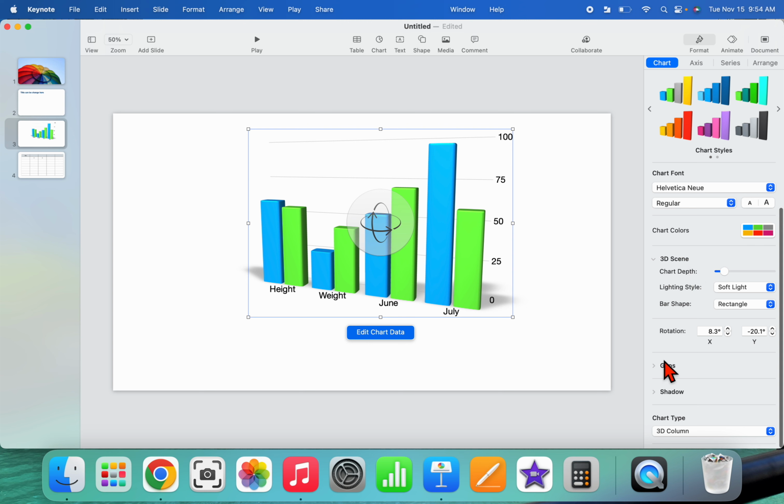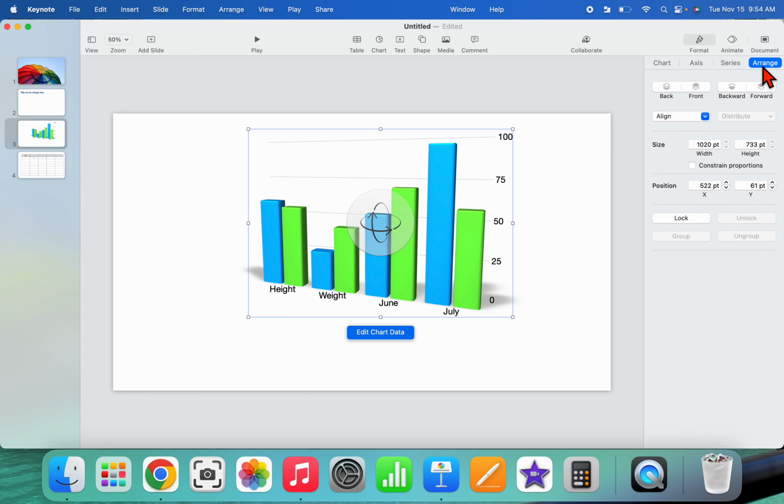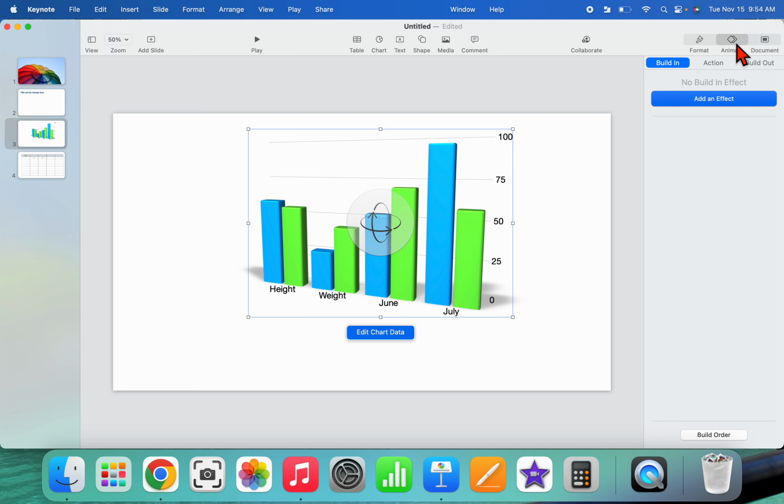You can really see how students can get very creative with these presentations if given the opportunity to. We can see our axis, series, and arrange also for format. Now looking at the top again, we have animate. Animate is where you can build in effects. This is how the chart will come in to the presentation. And build out is how the chart will go out of the presentation if you want to add those type